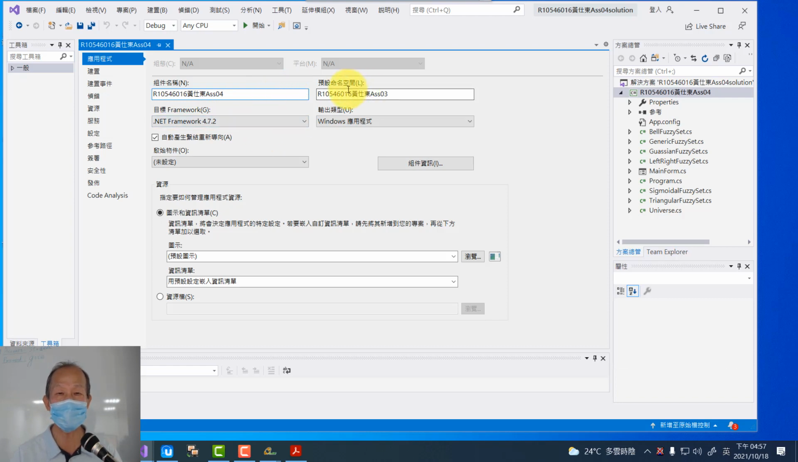And how about the namespace? By default, your namespace has been assigned by Visual Studio. Since your project is 03, the default namespace is 03. So at this point, we change that to 04. Okay, save it. And then go back to your